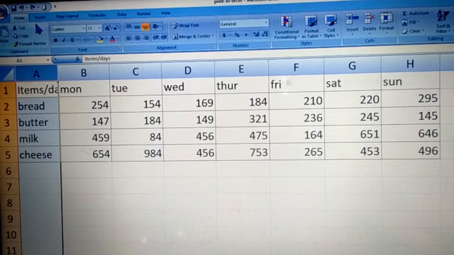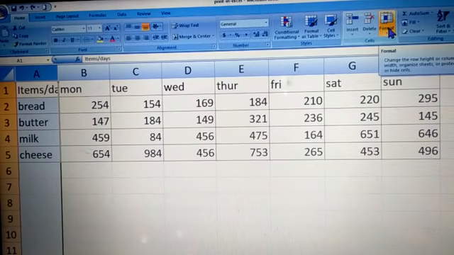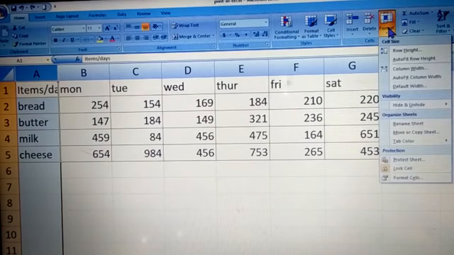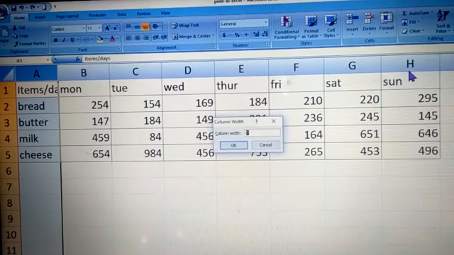After that you have to go to home tab, and we are already in home tab. In home tab you have to find the cells group. Here is the cells group, and inside that there is format option. When you click on this menu appears, right? And in that you have to select column width. When you select column width, children, you will find this kind of dialog box will appear, and right now it is telling you the width of the column is 7, so you have to increase the width. So let's go for 12.